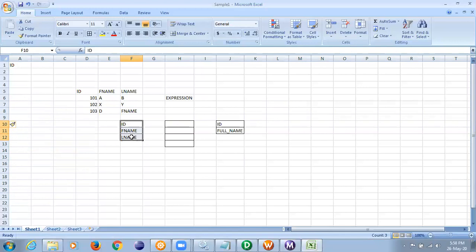So whenever the source qualifier is there, this is the expression transformation. So what will be this? This will be ID, first name, last name. I'll have to drag those columns, right? And then I'll have to create a new column. I'll explain this in the software also, full name. Now what will happen is when I link this,